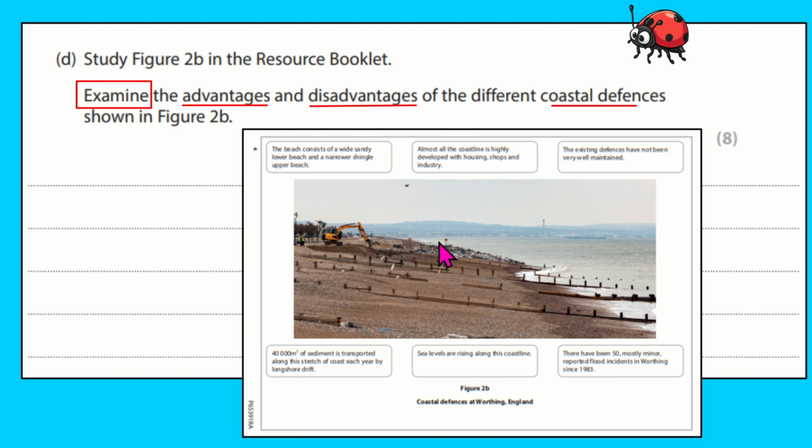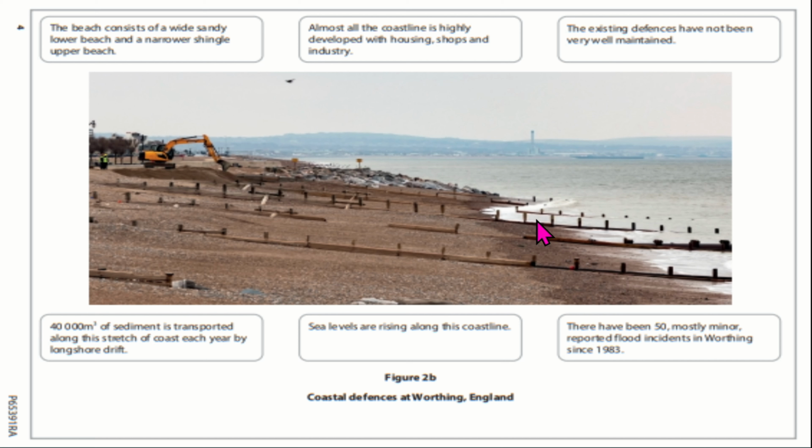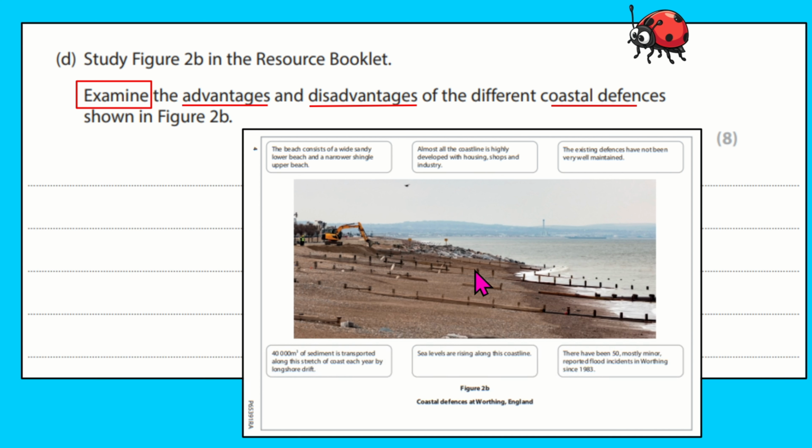So this is the image. I'm going to flash it up quickly, pause it and have a look in detail as to what you think the coastal defences are. I'm going to break it down here. I personally don't love this image. My eyesight might be going, but the only ones I'm sure I can see are groins. The rest are kind of up to interpretation. There's some gabions there maybe,